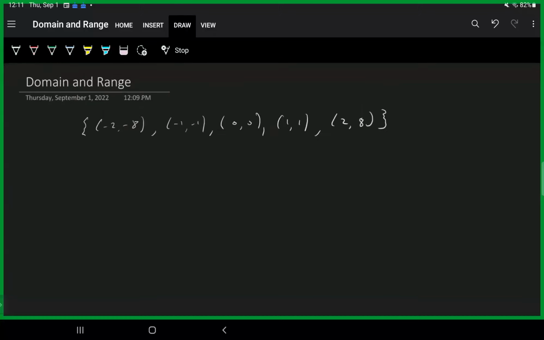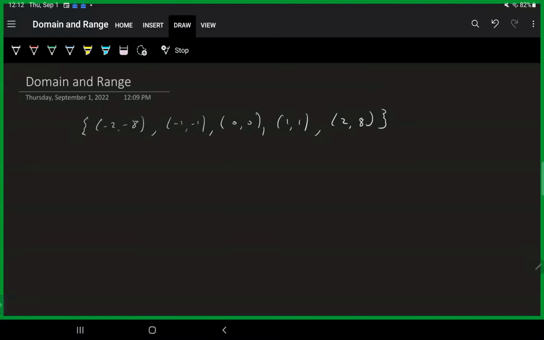So in the last video, I said we're going to be graphing next, but I lied. I wanted to spend a little bit more time on domain and range, and it's worth making a separate video for that. So if we're looking at something like this, which we had in the last video, we have a list of